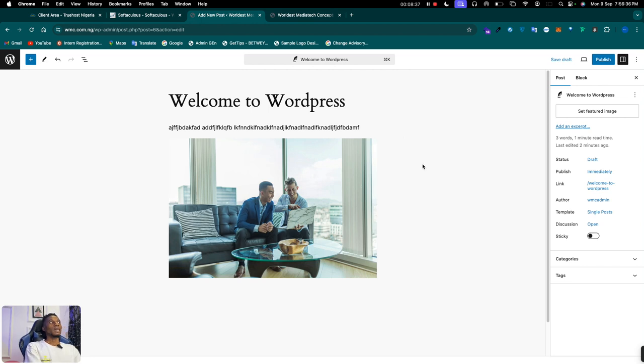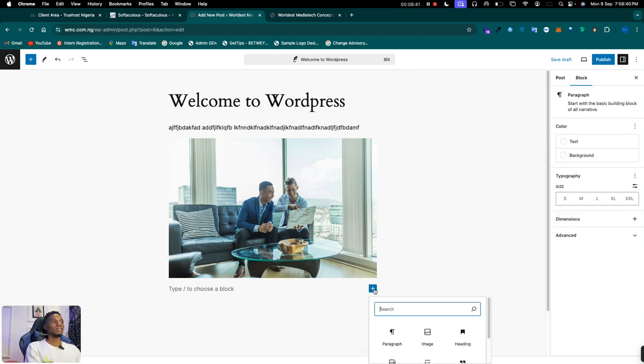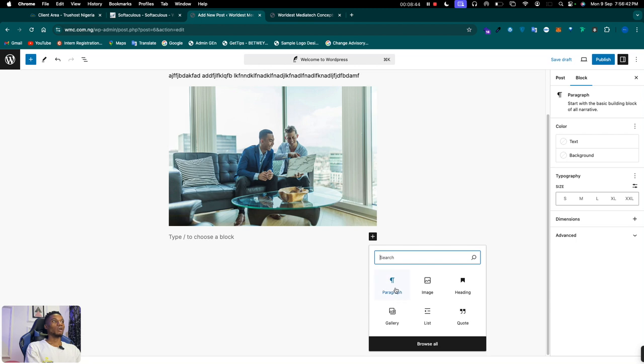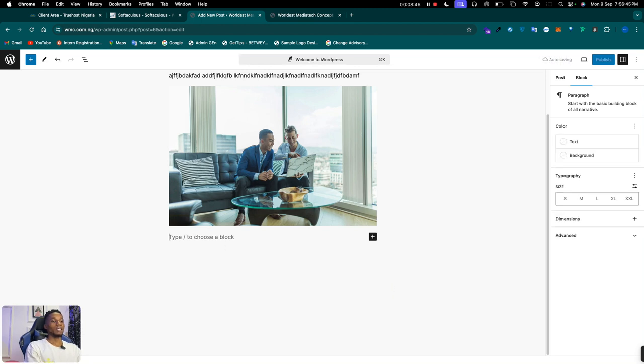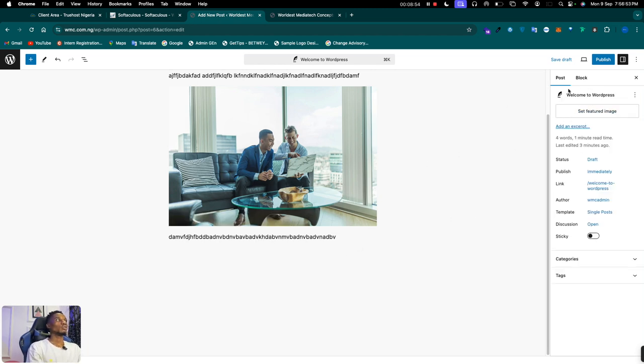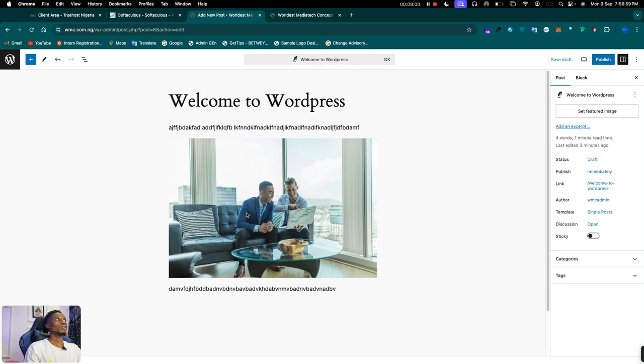When you click on select, it loads it into my post. So with that, I can continue typing here. I can add a new block. I can say paragraph text, or I can continue typing again. Blah, blah, blah. So once you are done with everything that you want to do, the next thing you want to do is to come here and publish. But before you publish, there is something we call,